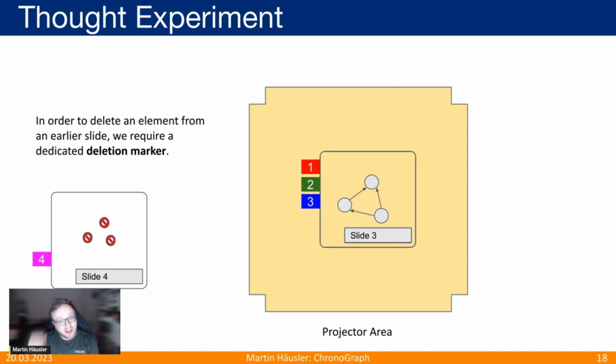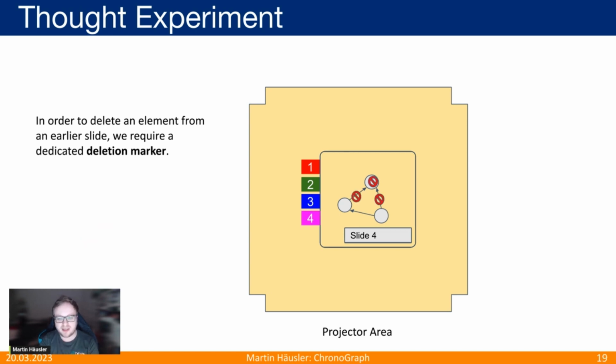So you might argue, yeah, but when you can always add and add and add, how do you do deletions? Well, for deletions, we need to pull a little trick. Since we cannot just go ahead and erase things from previous slides, we are going to use deletion markers. So we just cross out the elements that we no longer want to see. And if we put that on the stack, then you can see those two edges and this vertex would be gone and no longer